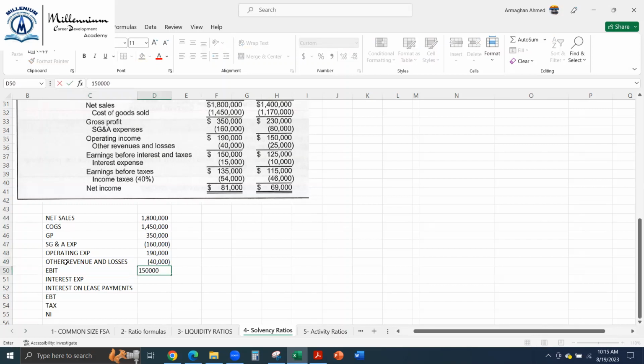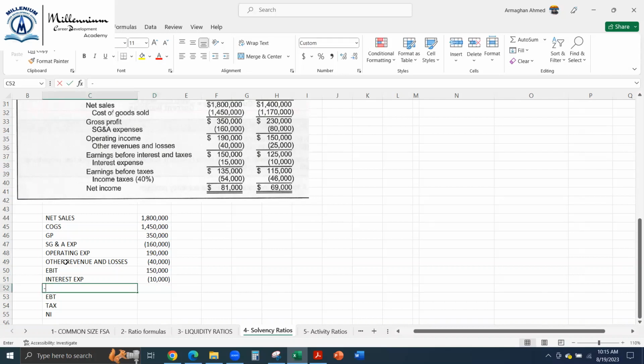So VAT is 1000, right? And we have just 15,000. So what I'm doing for our fees, that is 10,000, and this one I am keeping 5,000, right? Otherwise it will change. So VAT will be how much there? 135, multiply. And tax is 54,000, and net income will be 81,000,